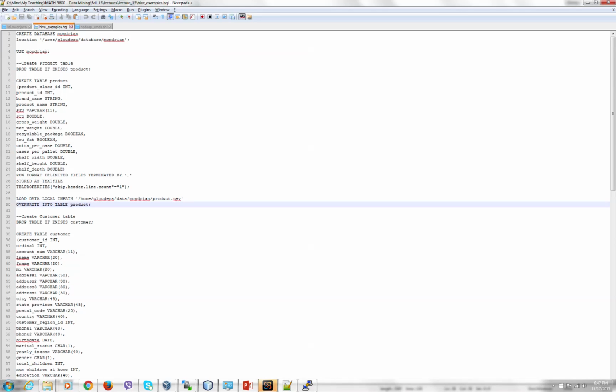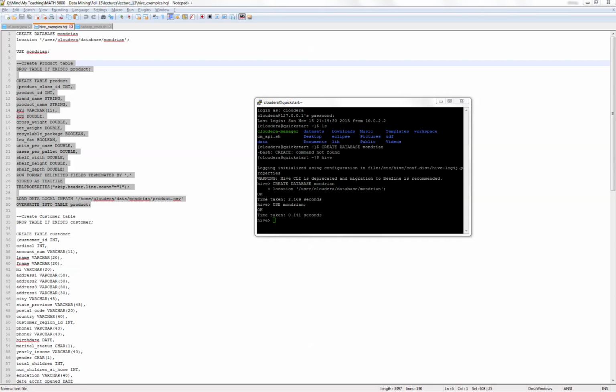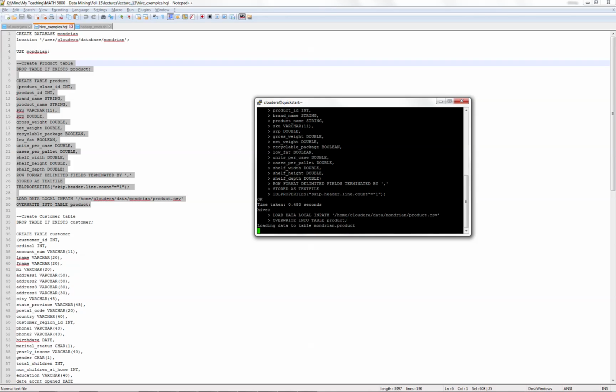It is actually here. So this path is the local path, and you can use the load data local statement to load data from the local path. So I run this,